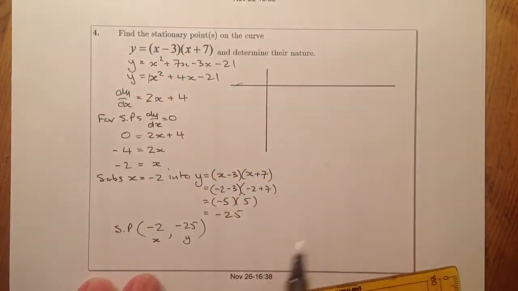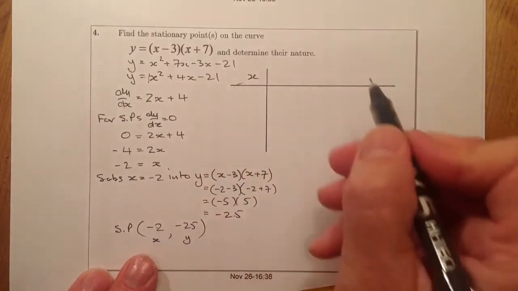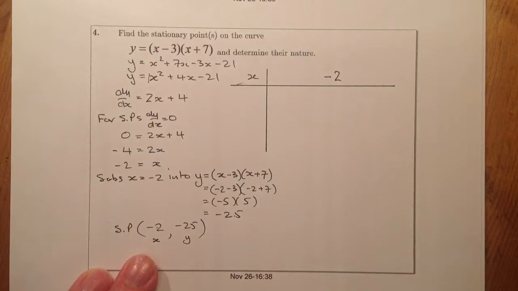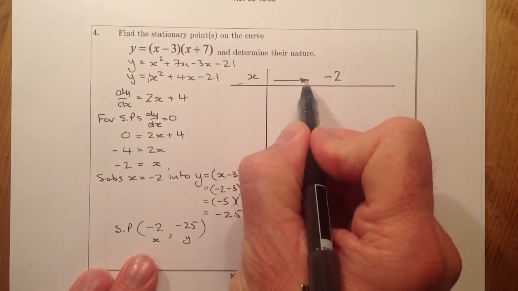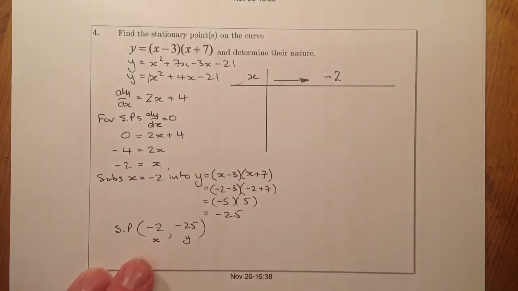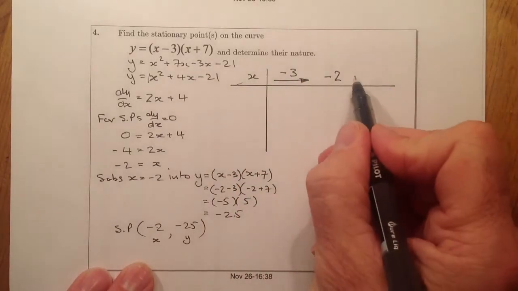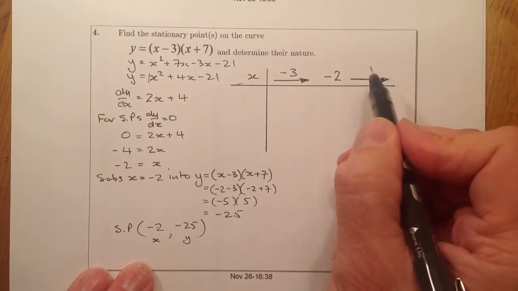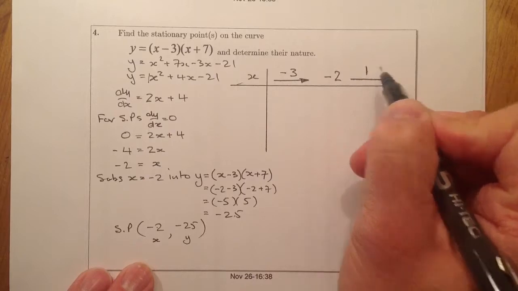So I only have one point, and the x value of that point was minus 2. So I'll start with a minus 2 somewhere in the middle there. What I'll be interested in is a point that's going to be coming along from the left hand side of the curve on the x-axis, and I'm interested in the point minus 3. That's the one just next to it. And I'm interested in the point that's just going away from this, minus 2. So I could choose -1, but an easy one to work through would be if I just take the value